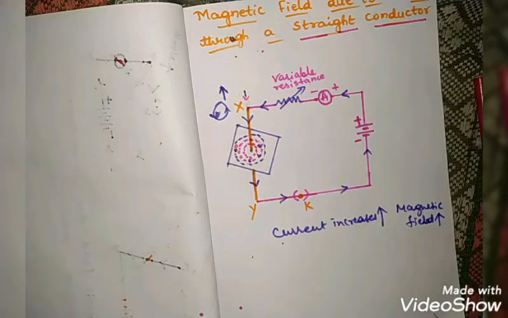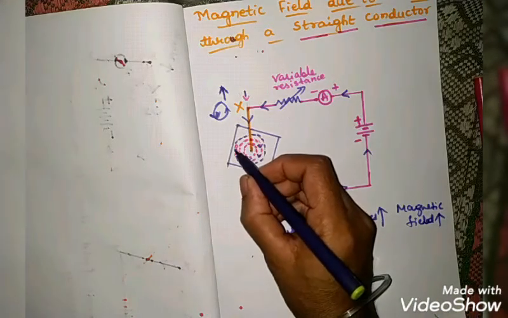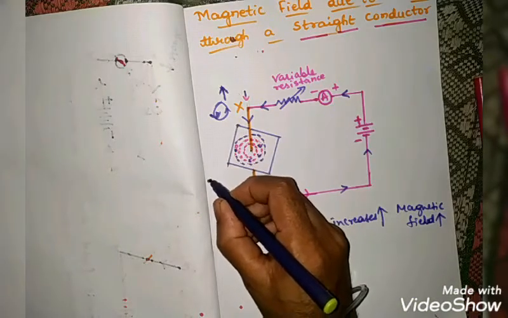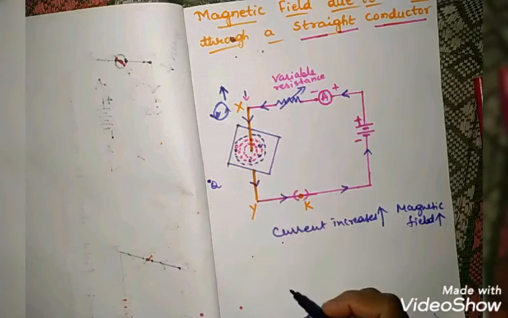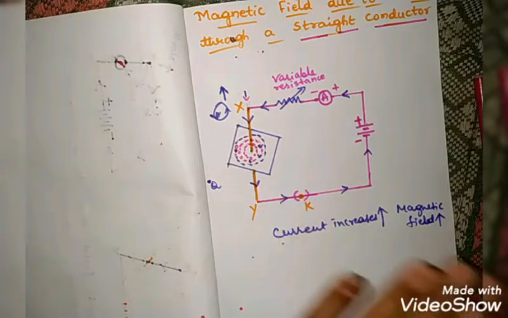What happens to the deflection of the needle if the compass is moved away from the copper wire? Let us think, in the beginning I kept it at point P, but let me keep the compass here at point Q. What will be the deflection then? As I told you, current increases, magnetic field increases. Remember, here I am talking about the current remaining the same. The current is not changing, children.